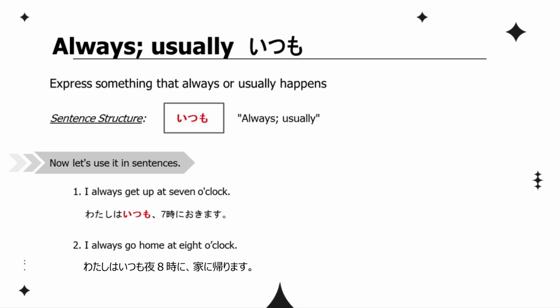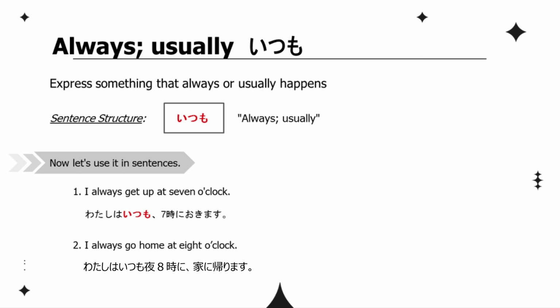It means always or usually. Have a look at examples to see the perfect usage of it. I always get up at 7 o'clock. 私はいつも7時に起きます。